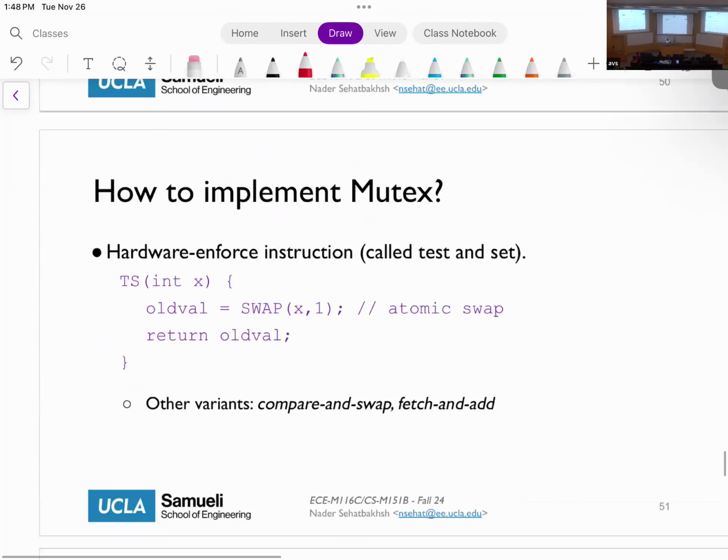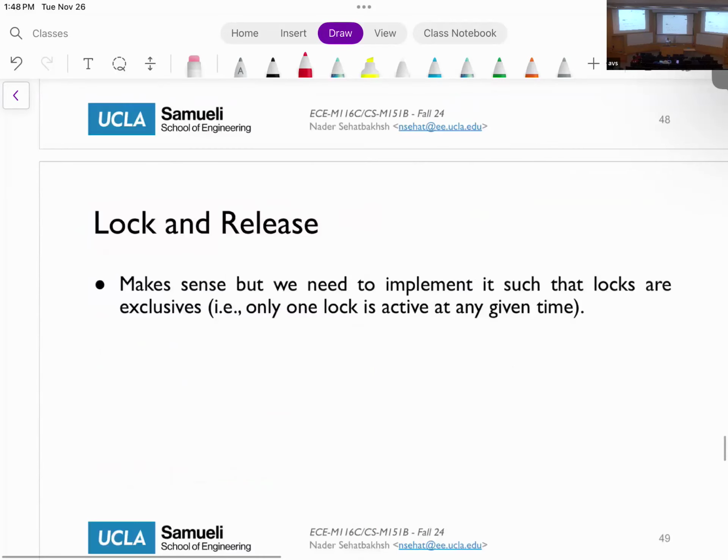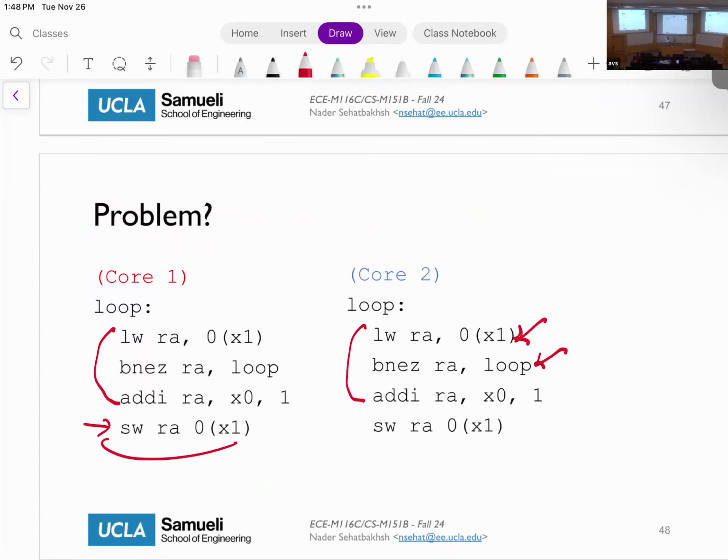How do we do that? We're going to explain it next time. But just keep in mind that in order to implement such a thing, we need to have atomic operations, which means that if one is running, the others should not be able to run the same thing. If they do, then because of the orderings, they might both think that they have the lock. That breaks the assumption that this is mutually exclusive code, okay?